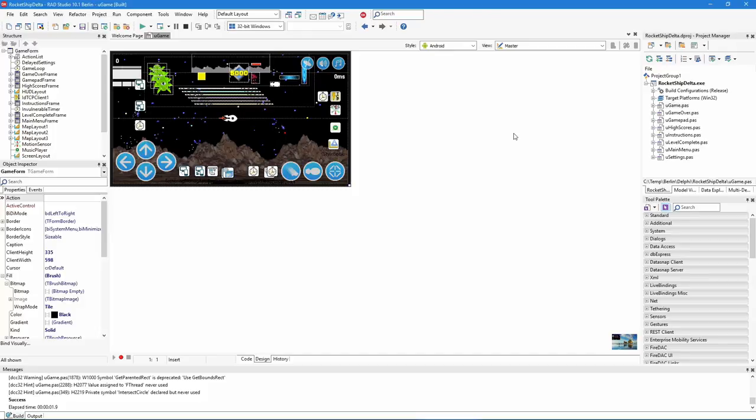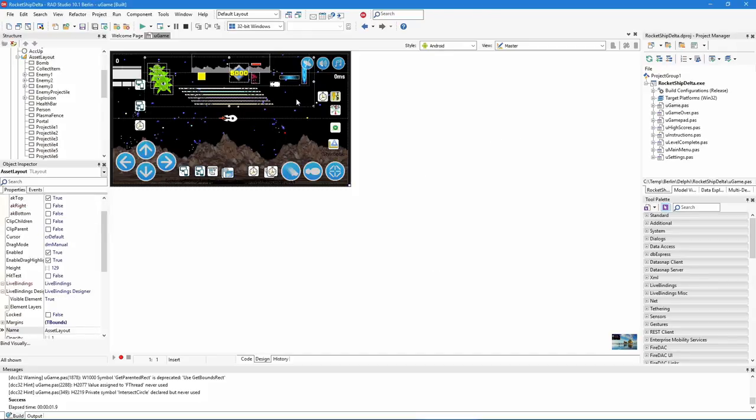So I've got Rocket Ship Delta open in Delphi here, and I just want to go through the asset layout. Again, for this game, we have the various projectiles of the player that it phases through these different colors of the projectile. Here's the enemy projectile. Here's the bonus points. Here is the character that the enemies are capturing. Those are located at the bottom of the screen. Here is the bomb graphic, and that actually gets filled into these bomb